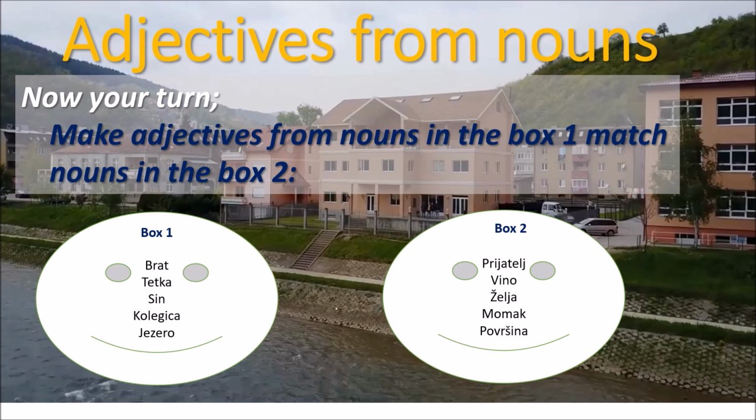Once again, brat, tetka, sin, kolegica and jezero. Those are nouns that I've selected for you to create possessive adjectives from, and then they need to match your nouns in box 2. Box 2 nouns are as follows: prijatelj,